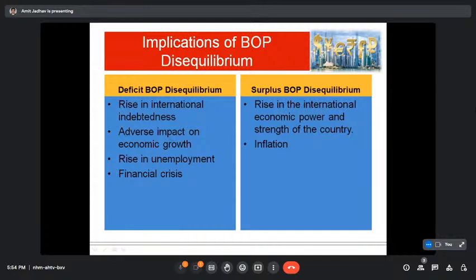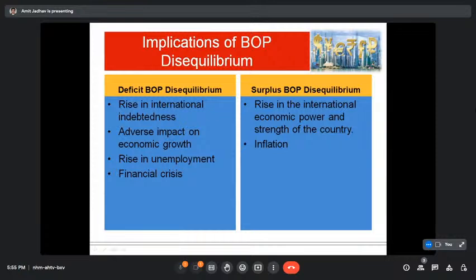So if a country is continuously getting a surplus, quite a bigger amount in surplus, it will create quite higher economic power and strength for that particular country at the international level. We have a good example like China. China has now created quite bigger economic power and strength at the international level